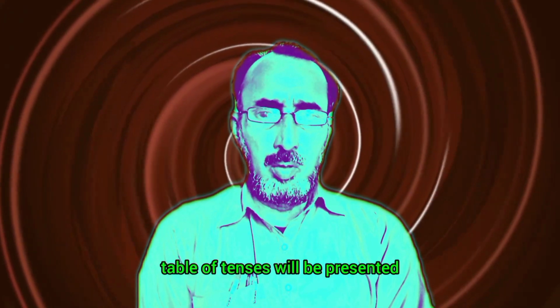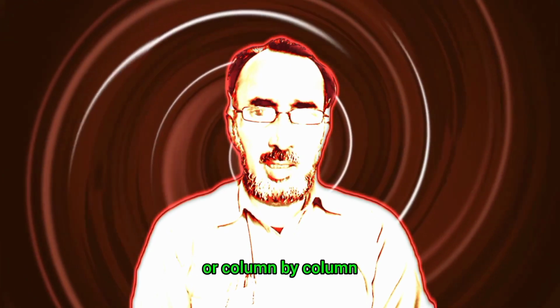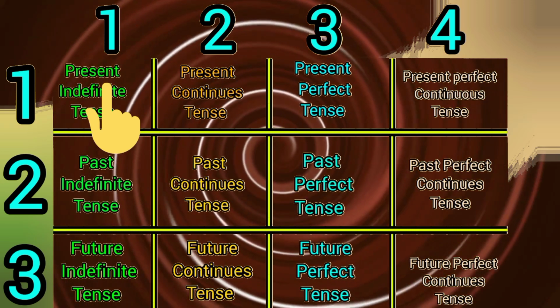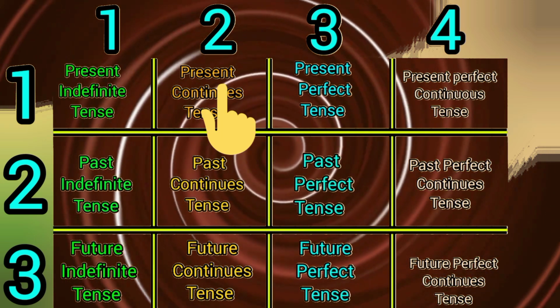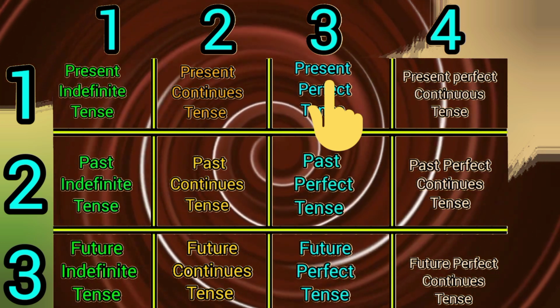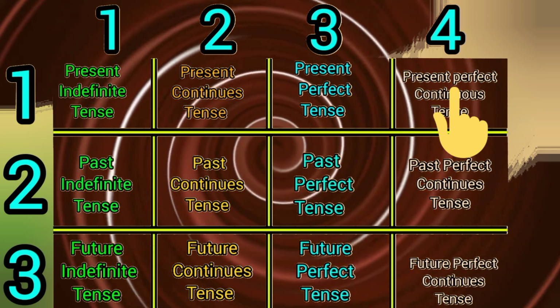Today, a table of tenses will be presented. If we read from top to bottom or column by column, then the first column will be totally indefinite tense, the second column will be totally continuous tense, the third column will be totally perfect tense, and the fourth column will be totally perfect